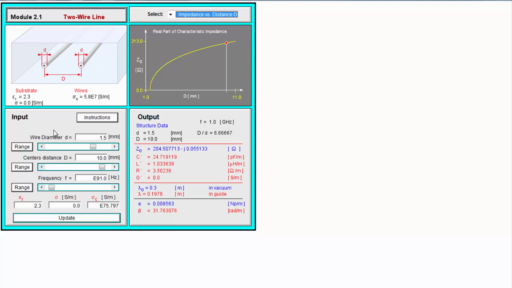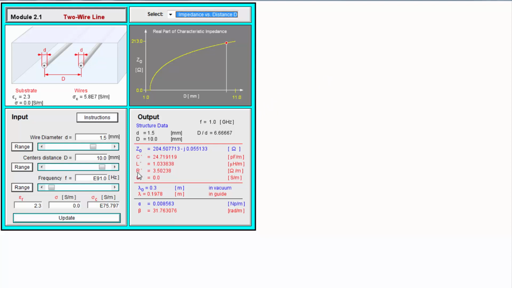Besides that, we will also calculate some other factors like attenuation coefficient, phase constant, and of course, to calculate the characteristic impedance, the capacitors, inductors and resistors. And